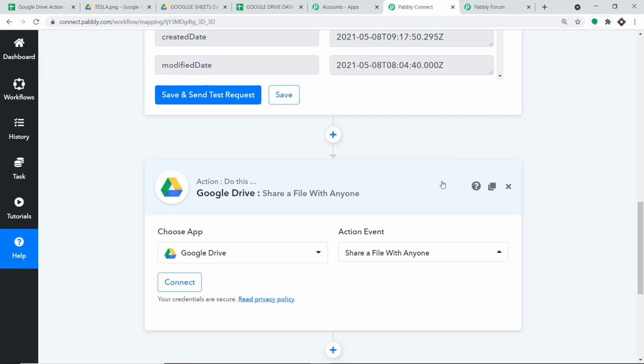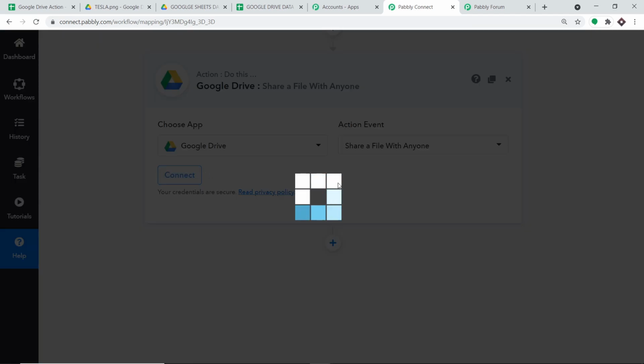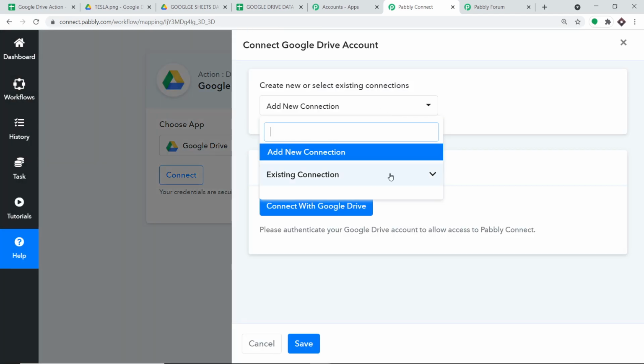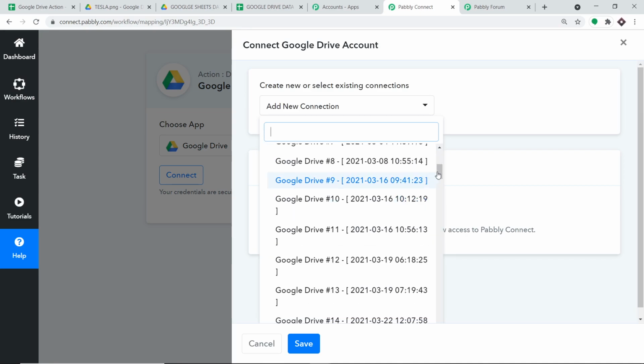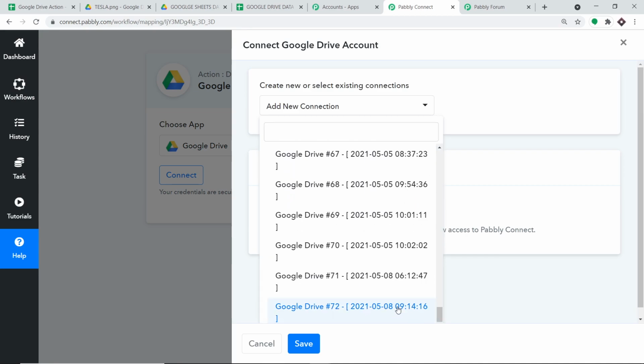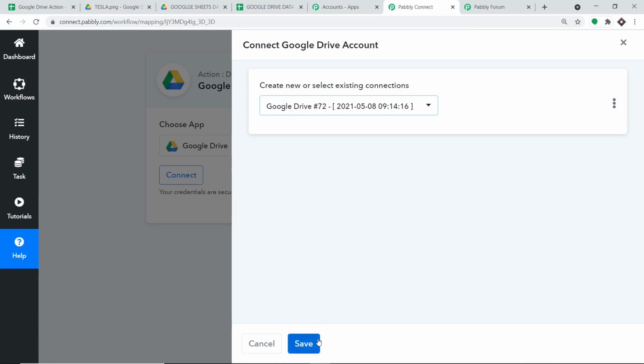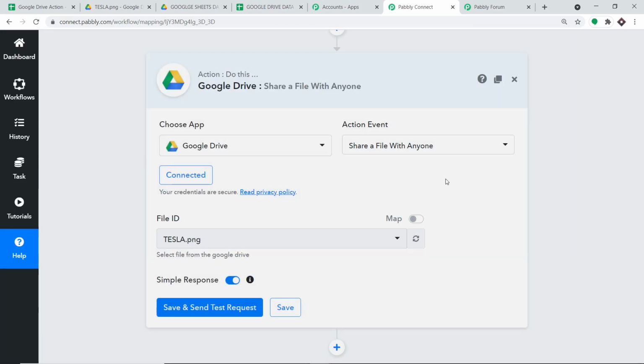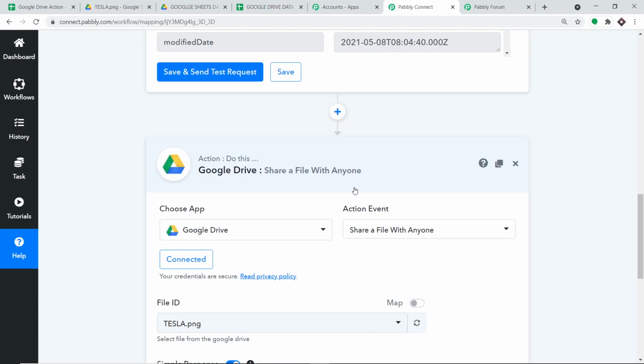Let me click on connect, and I'm going to click on the recent setting, the existing setting. This is the recent one, hashtag 72, and let me click on save. As you can see, by default it is showing the file ID, that is tesla.png, because that's the file.